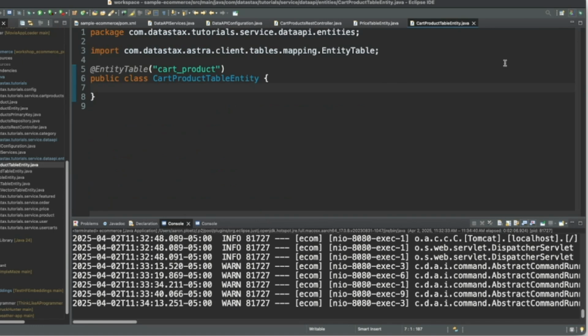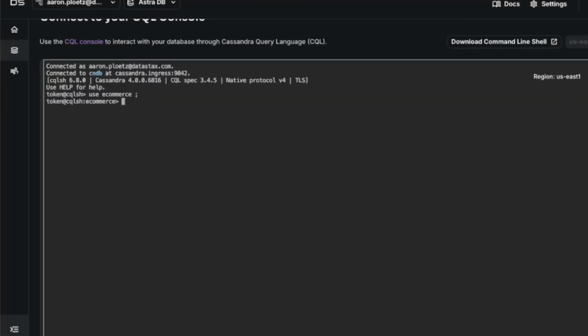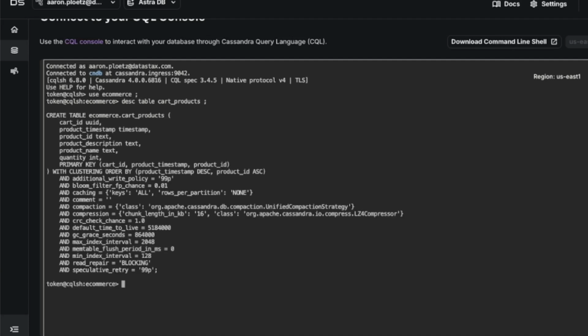Actually, what I should do here is double check our schema. Let's do a use e-commerce, and we can say desc table cart products. All right, there's our schema. Real quick, let's take a look inside of there. And we need our from keyword.